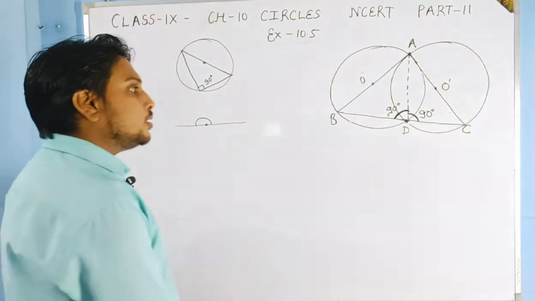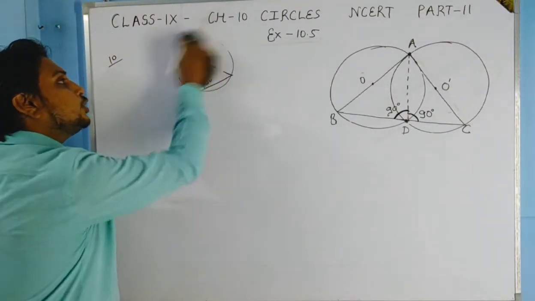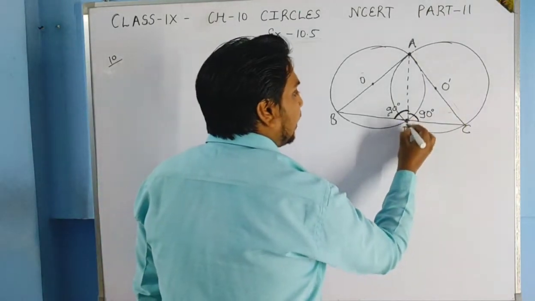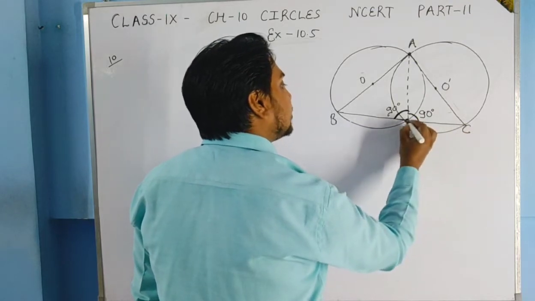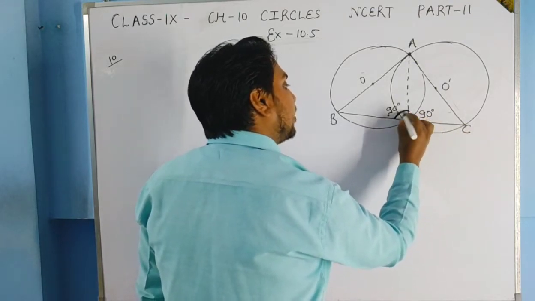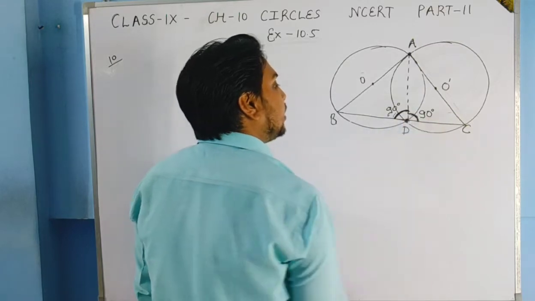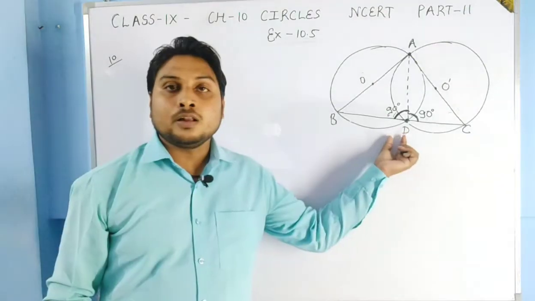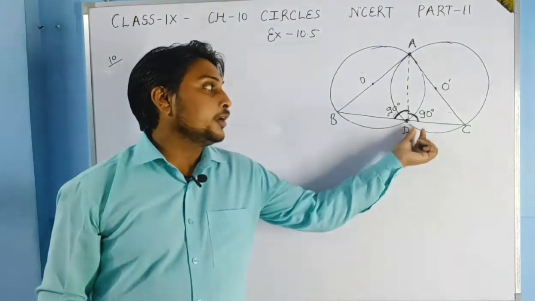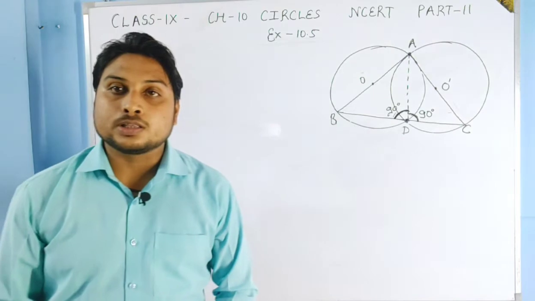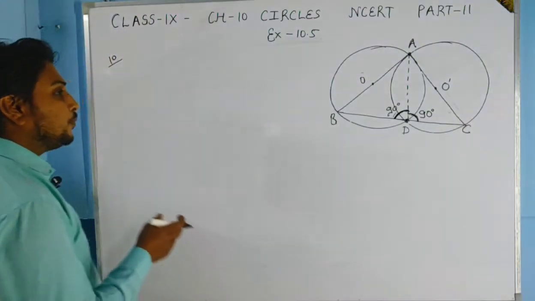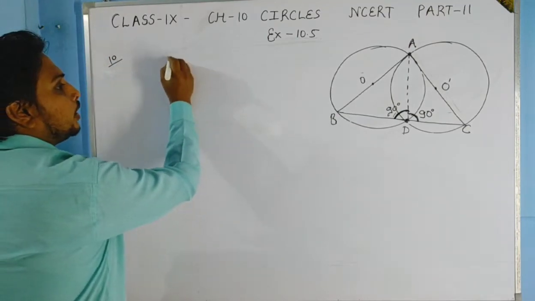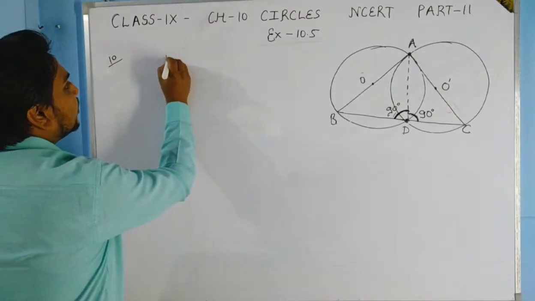Okay, so here also we will show that BC is a straight line. And if it is a straight line, means if this angle at point D is 180 degree, then the third side of the triangle will move from the point of intersection of two circles. Okay, so the solution of the question is very easy. How will we solve? We'll solve like this, that we know that